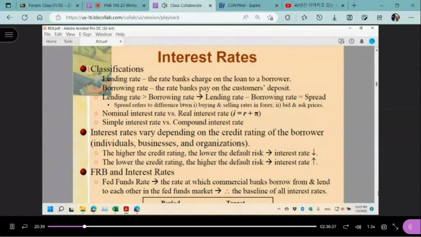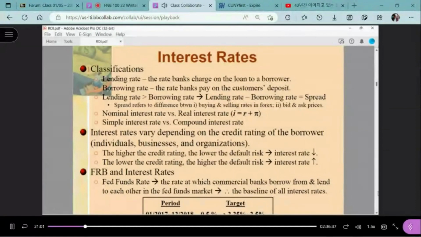There is something called a CD, right? Certificate of deposit, which is also a kind of savings contract. This is actually a savings product, right? A savings account, but it's a contract. During the contract period, you keep the money in the bank, but you don't have the liberty of withdrawing money during that period. If you put your money in a savings account, you can withdraw anytime, but they don't allow